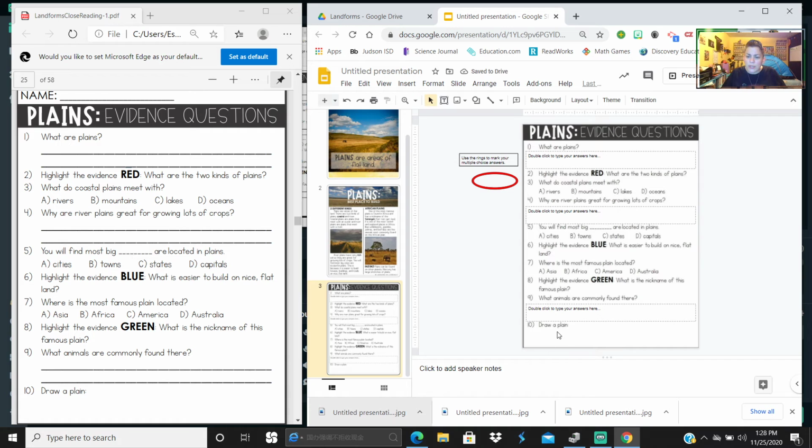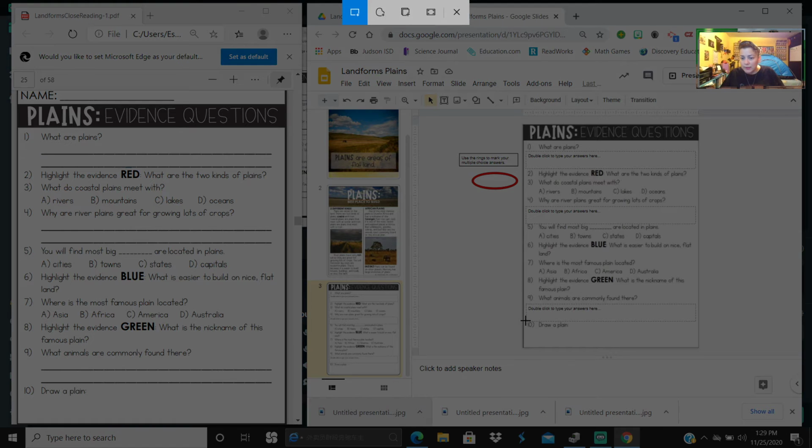And then, so we have number 10. I like to use Jamboard. First, let me change this to landforms. And we're talking about planes in this lesson. Landforms, planes. So I'm gonna copy this question number 10 here. So Windows Shift S to make a snippet